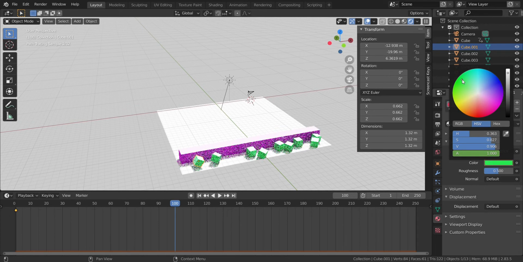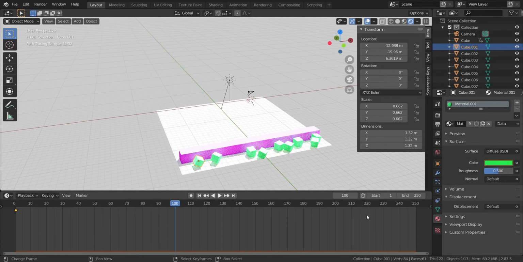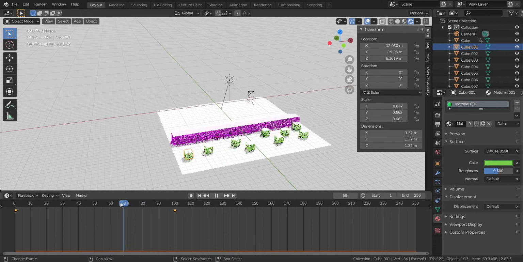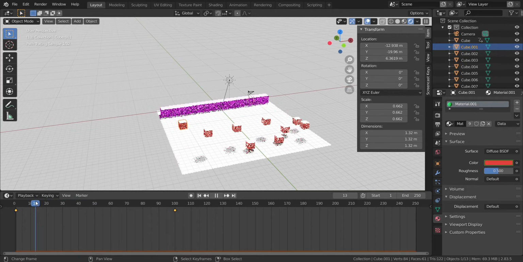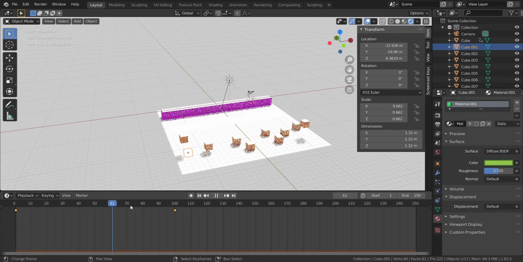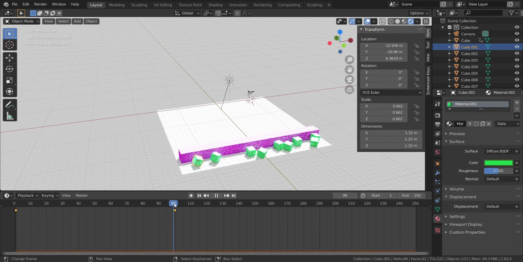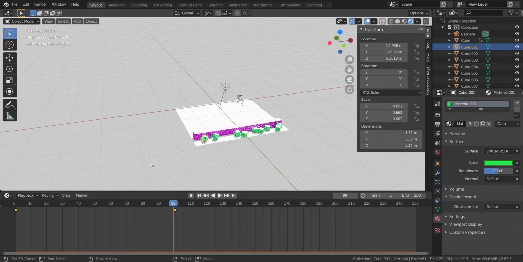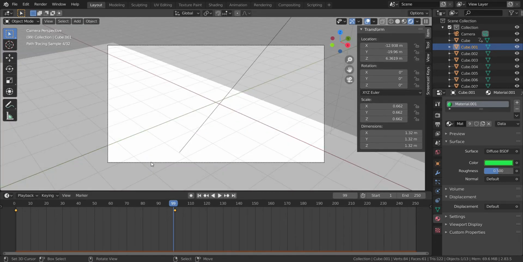Like in this case I will change it to green, and then again I will press the I button while my cursor is on the color tab, and as you can see your color will change from frame number 0 to frame number 100, from red to green. Now you just have to press the 0 from the numpad,